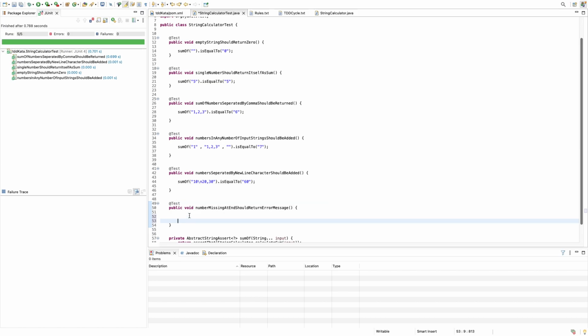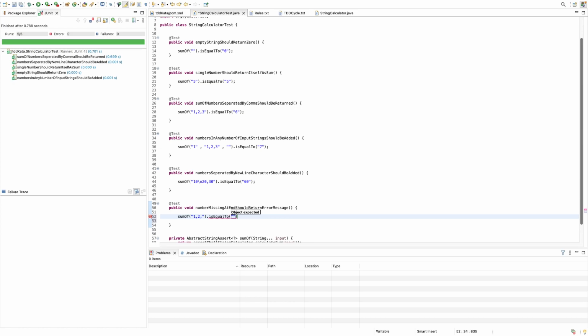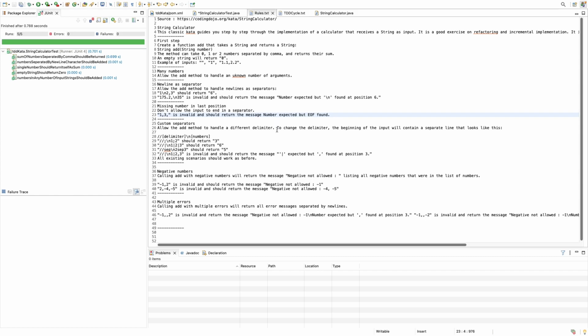So sum of should be like 1, 2, this dot is equal to, what's the error message? The error message is